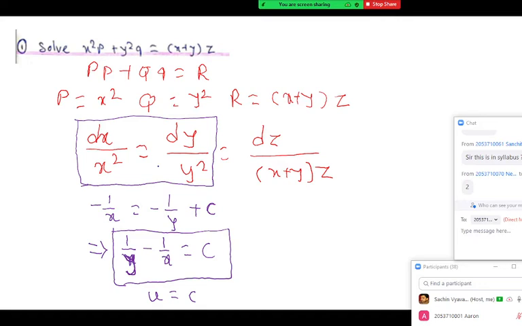When we can integrate, remember that rule, f dash upon f. We should have derivative divided by a function, so that integration of f dash upon f is log f. So how to get it? Can you observe here is x plus y, and if we remove this x plus y, then integral of dz upon z is possible. And to remove this x plus y, what can be possible thing with these two ratios?